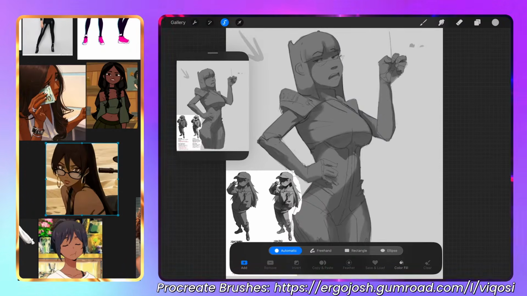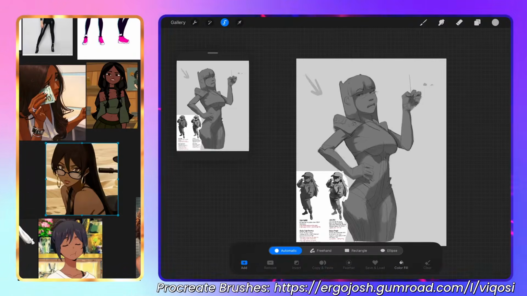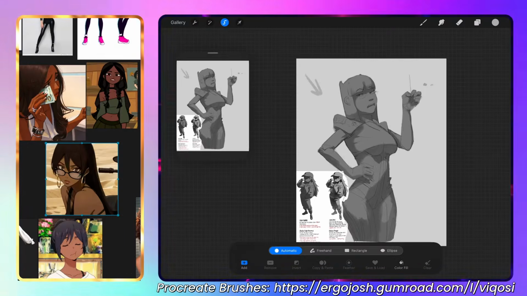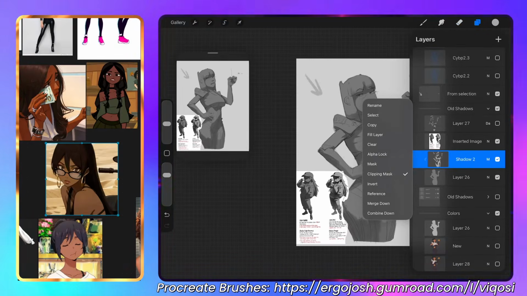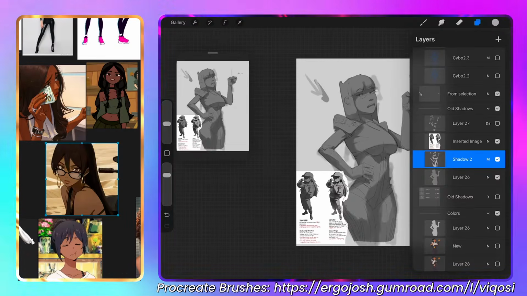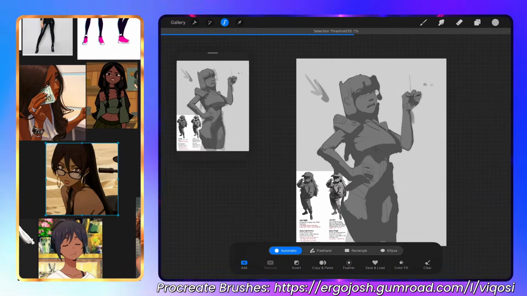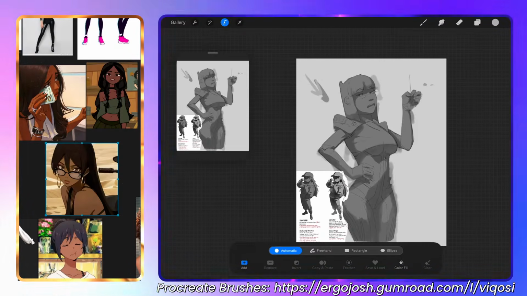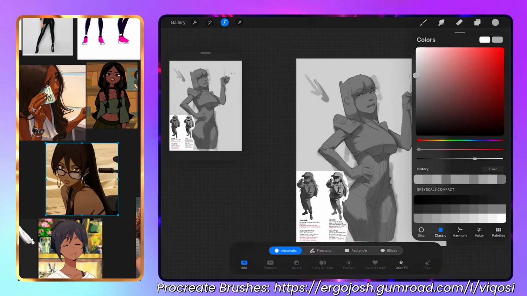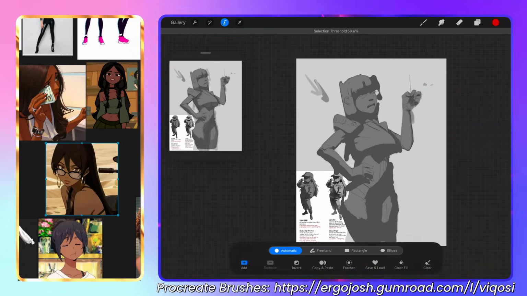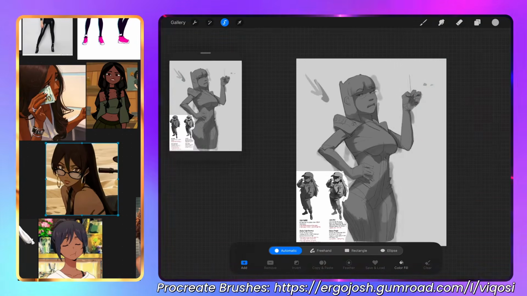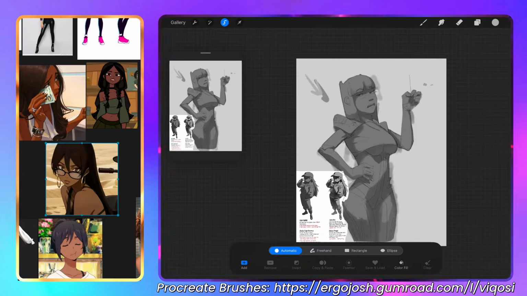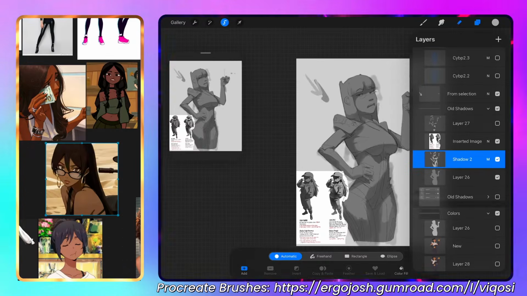That's not how it's supposed to work. Am I missing something here? Let me try this. No, it's still gray. I don't have fill color on anymore. Well, since that doesn't work,